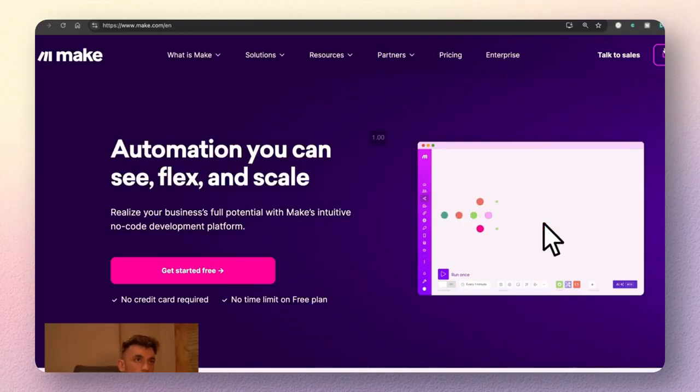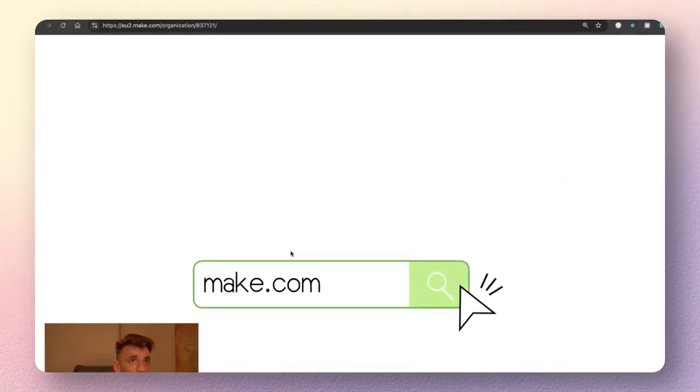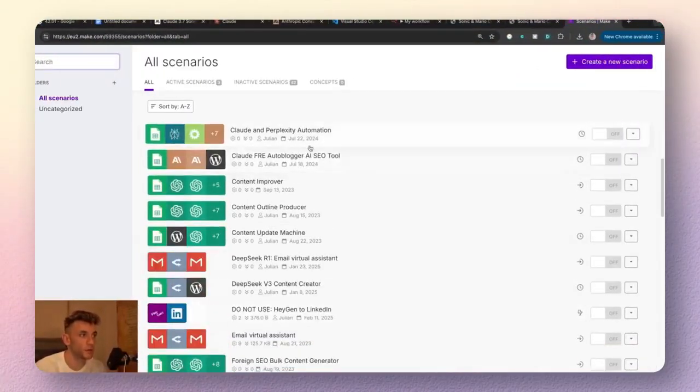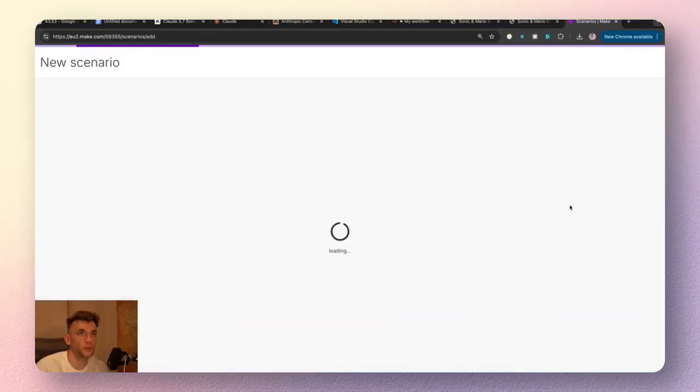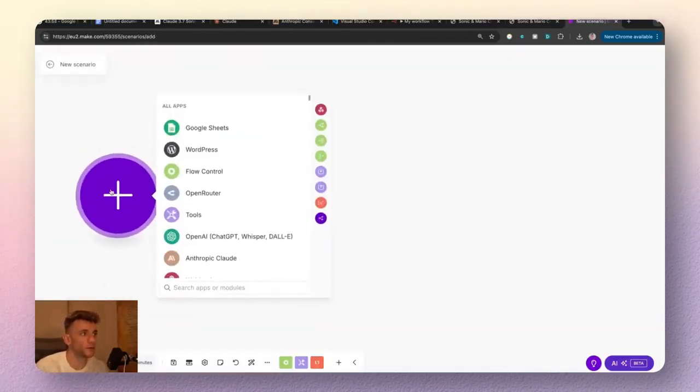Now, if you want a more linear process for using Claude 3.7 Sonnet, we can go into make.com and you can build workflows inside the scenario section over here. So if you just click on create scenario, you can create loads of cool stuff. Now, if we want to create a new workflow, what we can do is click on create scenario. Make is a good alternative, but it's more simplistic than n8n,